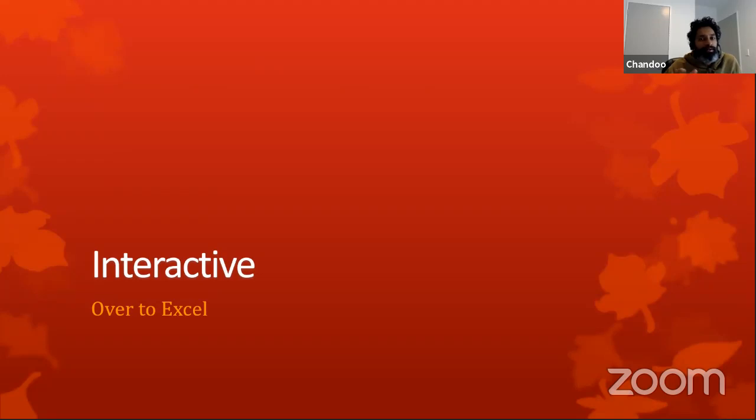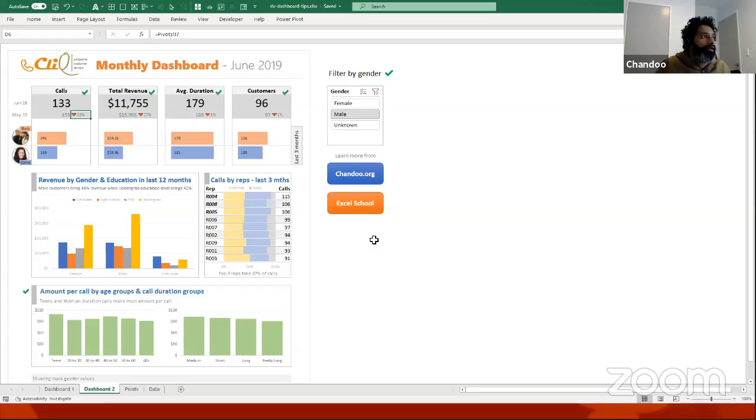Whereas if you make it interactive, you are inviting them to play with that rather than just sitting and observing what you have produced. So this is very easy with a tool like Power BI, but when it comes to Excel, we are limited with the number of ways we can add that interaction. But it is still possible through ideas like slicer. This is what that thing does here. You can select an individual gender by using the slicer, and you can see the numbers. You can clear the slicer, so you're looking at all genders.